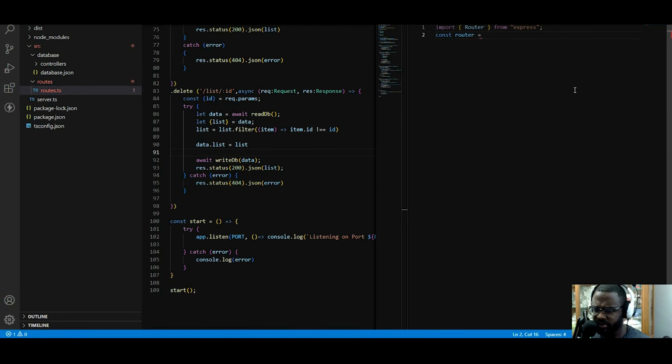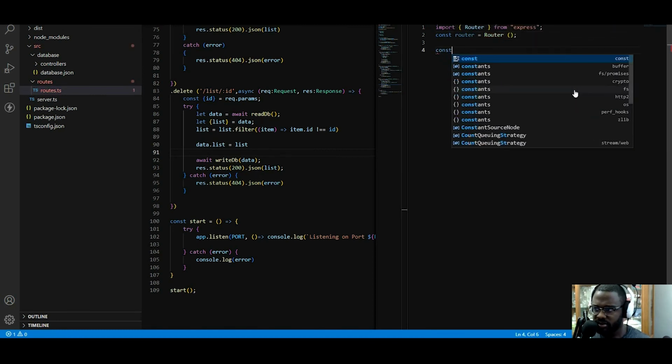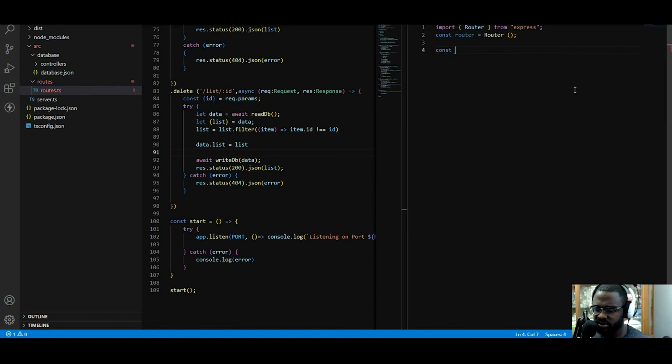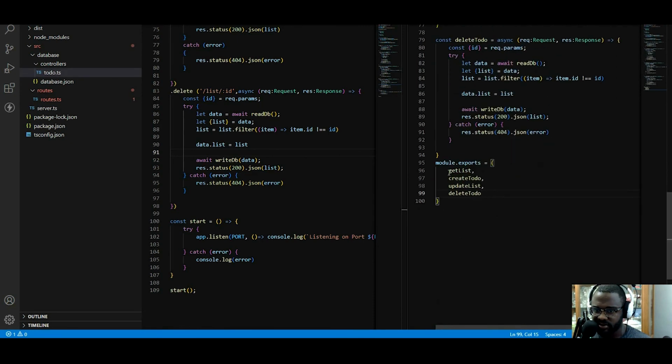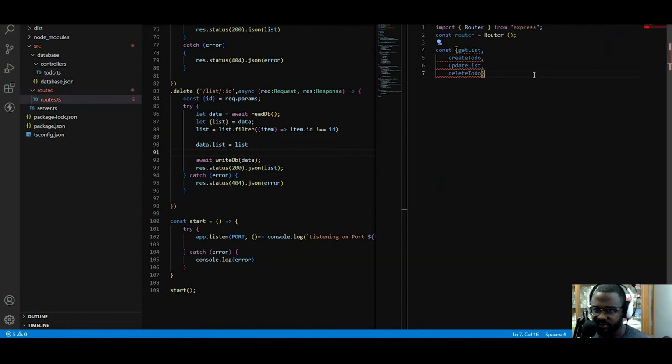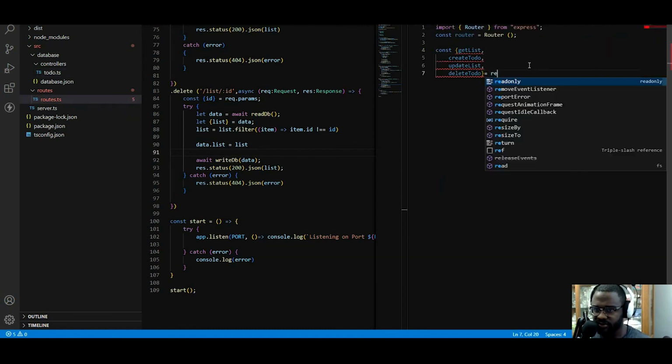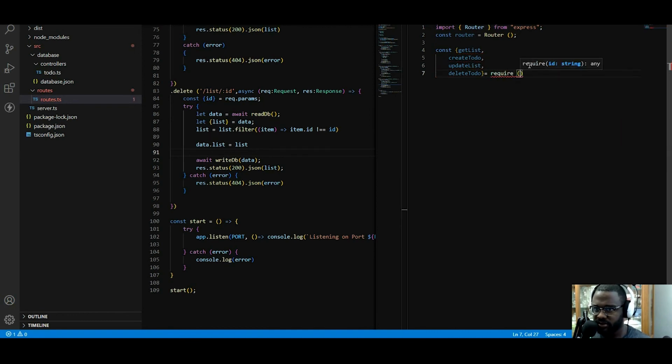Then the router is going to be routing all these functions from the controller. So I'm just going to go here and copy and paste it. No, I don't want to type too much. Okay. Then it's going to be equals to require. What's it requiring? It's going to require it from